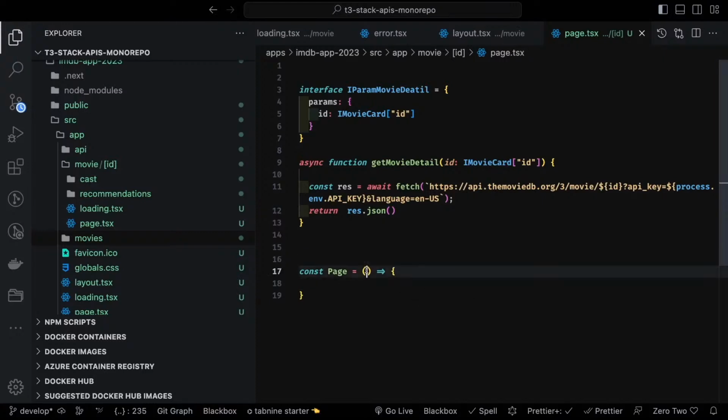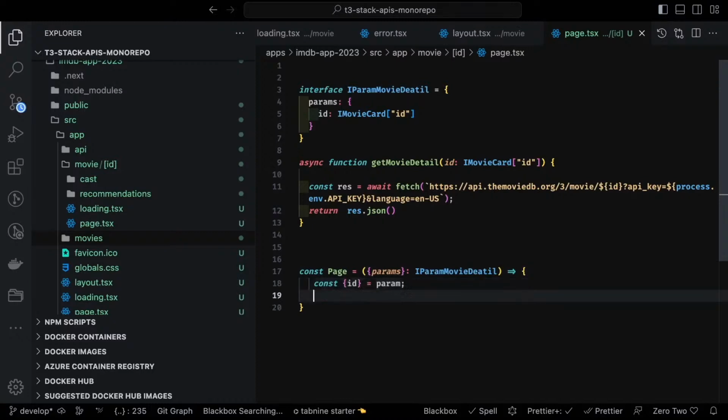Okay, here I will just create a page component which is accepting the params, and params.id will be the path param which you are passing in by selecting a particular movie and accessing the details. So you should be able to access the cast and recommendation of that particular movie. So here we are accessing the ID from the params, and we are going to make an API call,